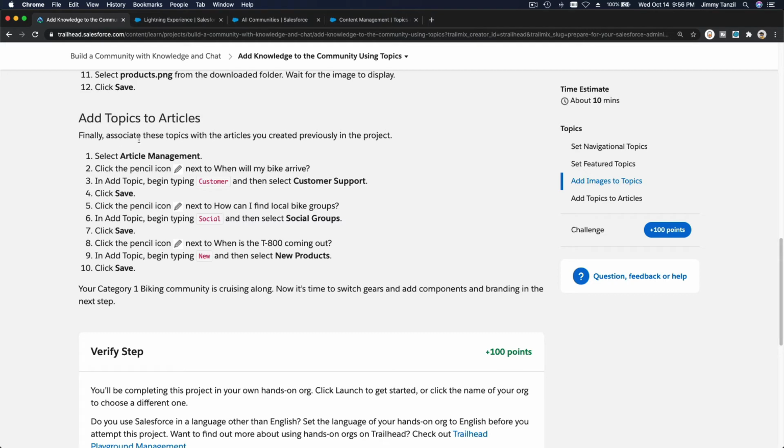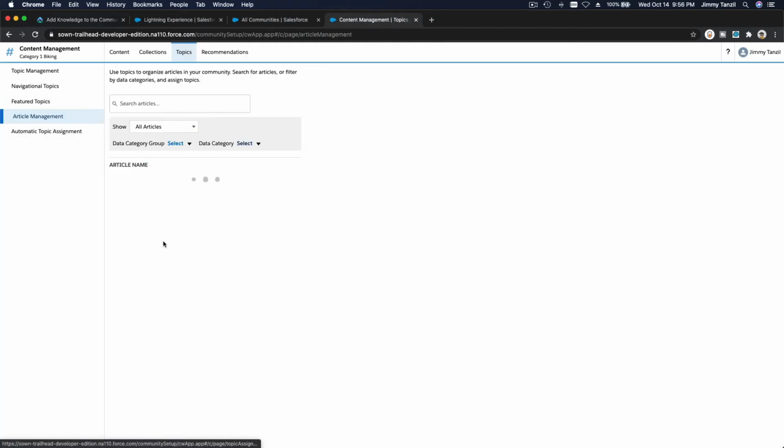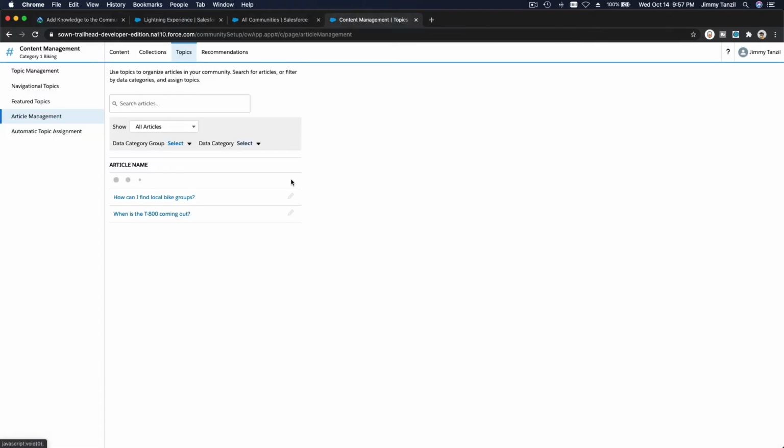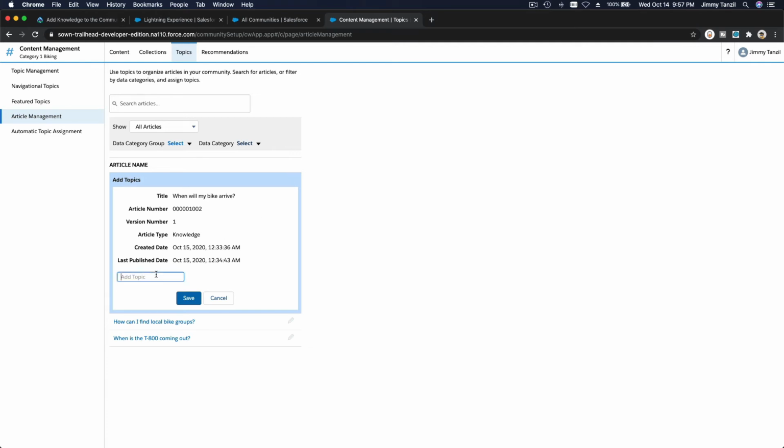Finally, associate these topics with the articles you created previously in the project. So go to article management over here, article management. So this guy, so how do you connect that? Click the pencil icon next to 'When will my bike arrive?', that is customer support. When will my bike arrive? And customer support, there,